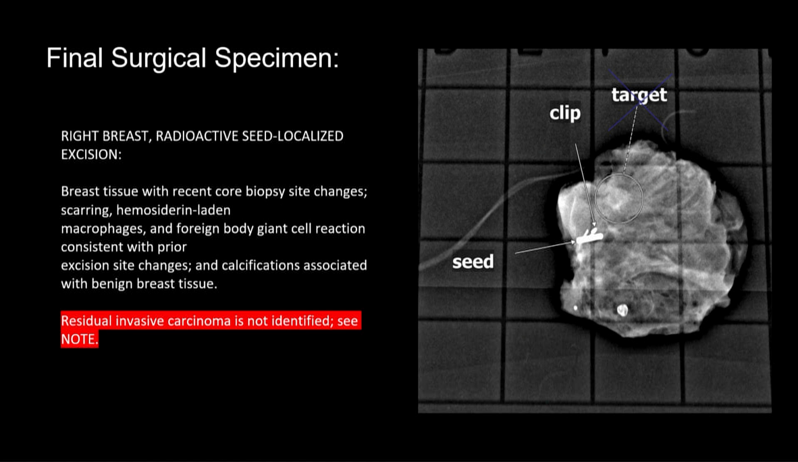So the final surgical specimen was reviewed by the radiologist, and you can see they thought they saw the seed, the clip, and what they thought was the target. However, the final surgical specimen said residual invasive carcinoma is not identified. And we know that there should be residual invasive carcinoma because on the post-biopsy mammogram, we see a remaining spiculated